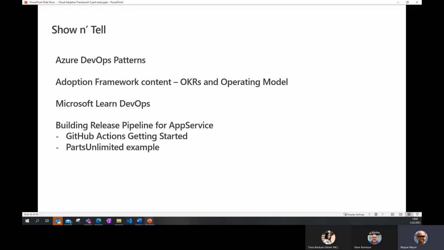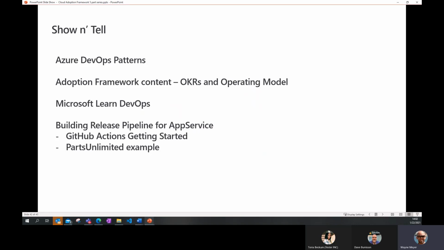I think that operating model ties so closely to what Dave is talking about with the people focus, and how we're going to think about building and enabling our teams to write great software. So I think it's absolutely core. I do want to show you where you can do a lot of this learning and self-paced learning as well, both on the Azure side as well as on the GitHub side.